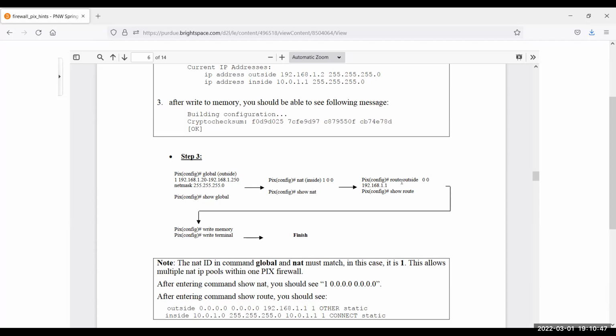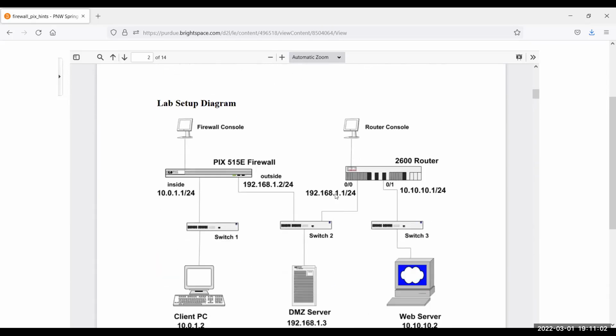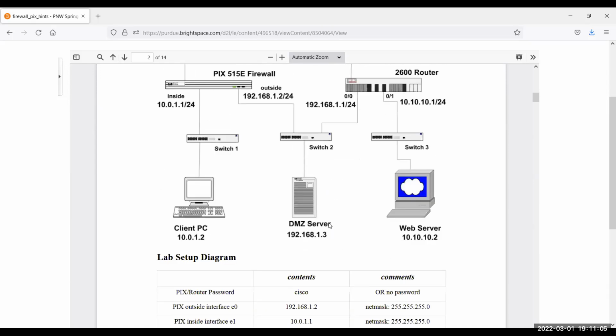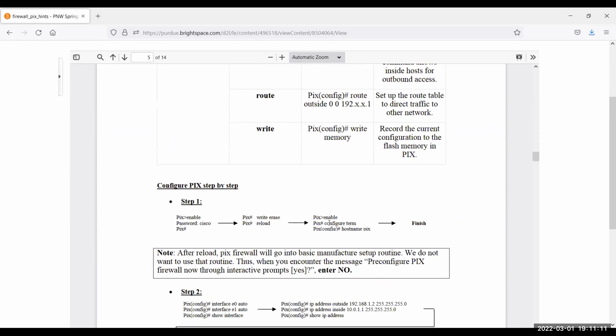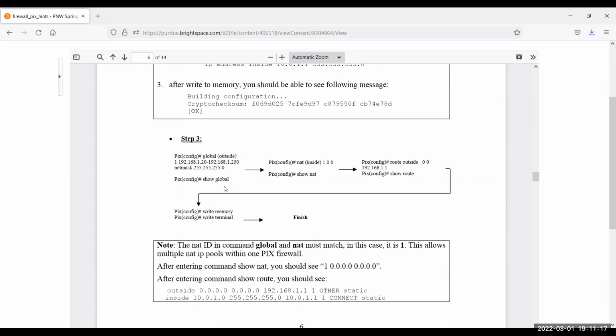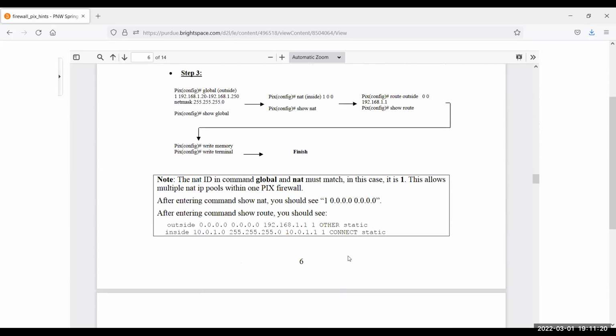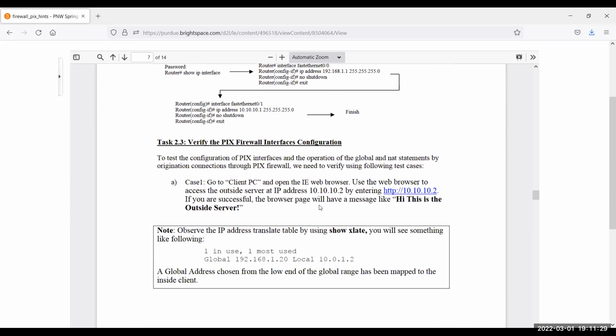All right, great. And then here's the route, as I said, that's kind of the last one. Route outside any, send it to 192.168.1.1. So that's the default gateway on this interface. All right, so hopefully that makes sense. All this is pretty important. And then you have commands like show global, show nat. This is the output that you can take a look at. I won't go through this. You'll know how to do these on routers, but there are the commands for that. And then after that,